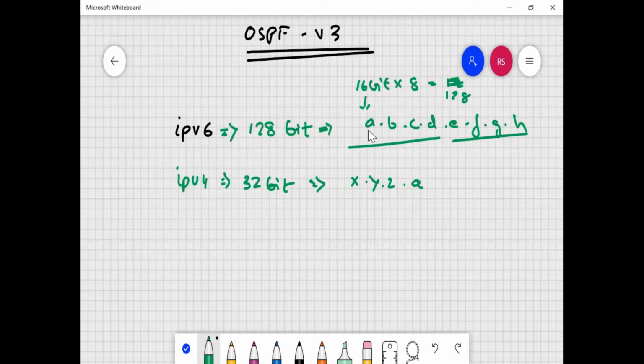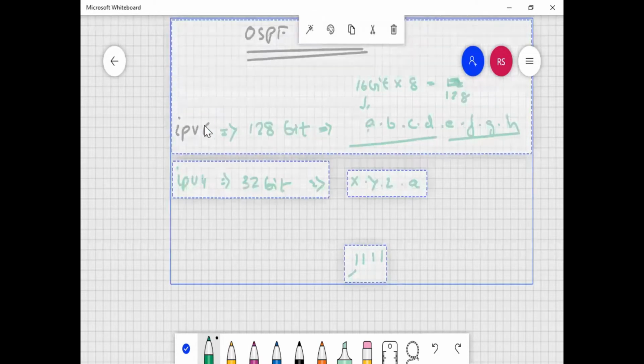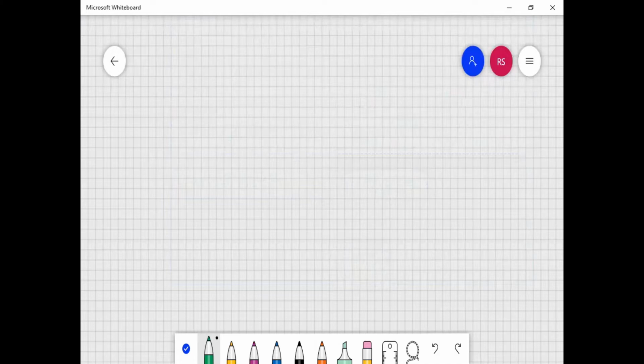Then again, one portion has 1, 2, 3, 4 characters like that. Okay, and let me show you. So why do we require IPv6? Because earlier, before NAT or before these kinds of technologies, we were under the impression that IPv4 could run out. But when NAT was introduced, IPv4 is still in use. But if we see, IPv6 can be a bit like that.